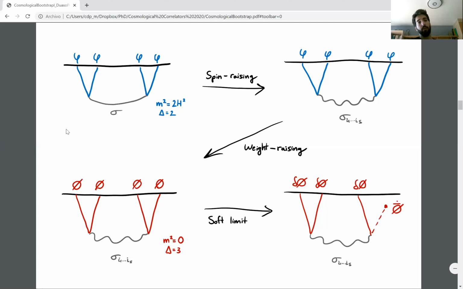So in this talk, I will not describe how to solve the Ward identity that I showed before in order to get this correlator, but I will tell you how to construct these weight shifting operators. These weight shifting operators have been used in the conformal bootstrap in position space. This is a well-developed technology. What we have done here in this paper is that we have translated all of this technology to momentum space in order to use it for cosmology.